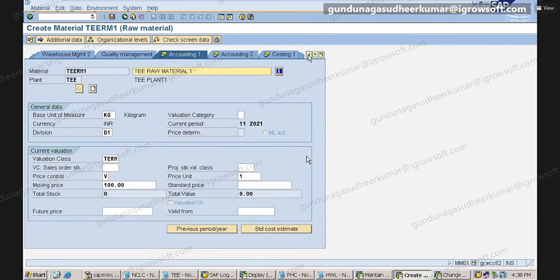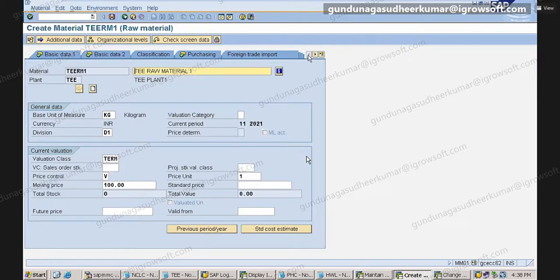Sir, one small doubt. This master record will be created by the end user, sir. So this accounting 1 information, who will give, sir? FI end user or end user? Actually, the FI end user has to give this.